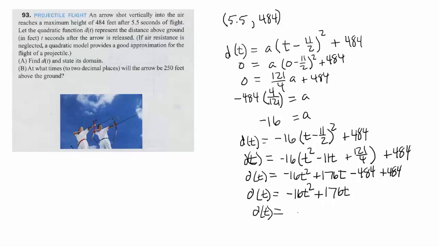or negative 16t times t minus 11. And now in this form we can see that the domain is 0 to 11 because both factors have to be non-negative. So now we can say domain is,